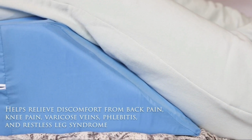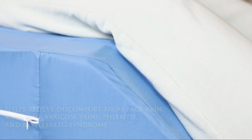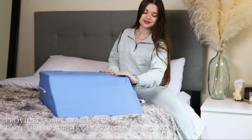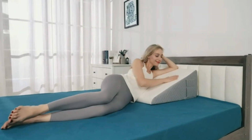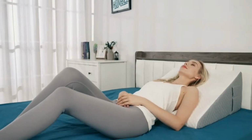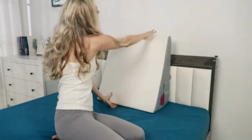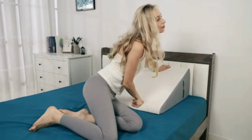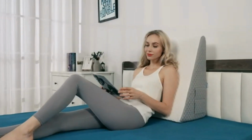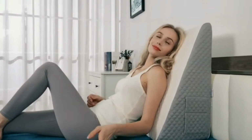One of the standout features of the DMI Leg Wedge pillow is its removable cover, which adds convenience to the product. The cover is easy to take off, making cleaning hassle-free and ensuring that you can maintain a fresh and hygienic sleeping environment. The blue color adds a calm aesthetic, making it a subtle yet attractive addition to any bedroom decor. In terms of functionality, this wedge pillow performs exceptionally well, allowing users to find a comfortable position for sleeping or resting. Whether you're dealing with chronic back issues or simply seeking a more restful